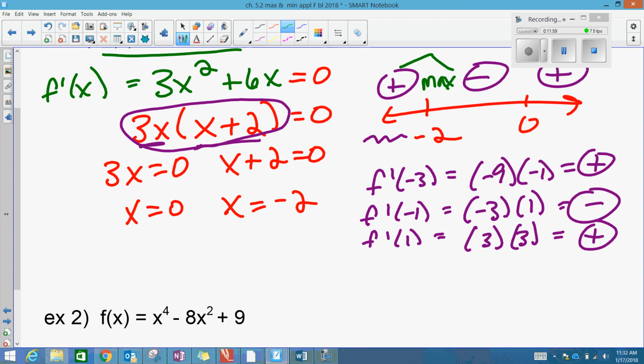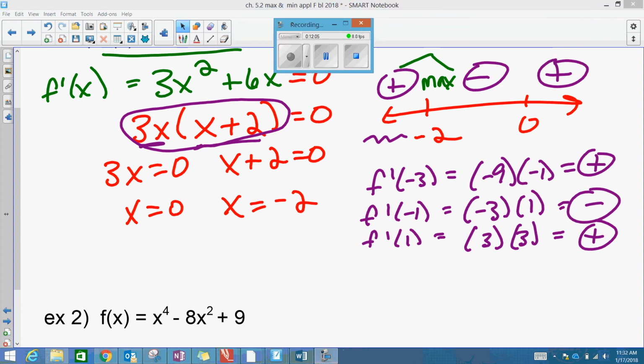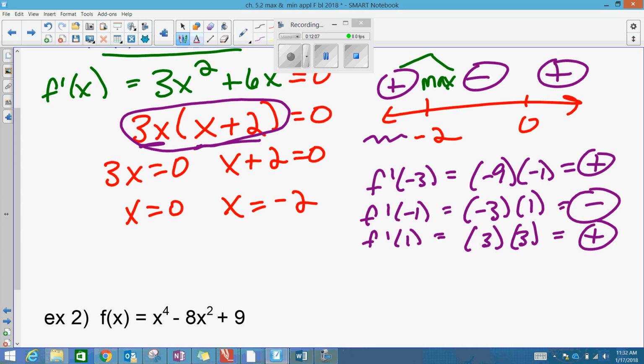And at 0, it is decreasing on its way to 0, then increasing, so 0 is a min. So I have a max at x equals -2, and to find out what that max is, I'm going to plug -2 into the